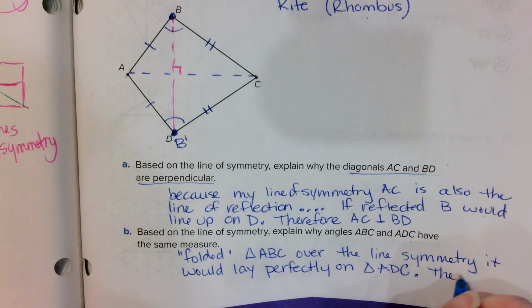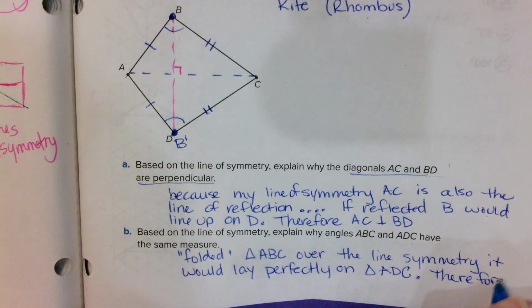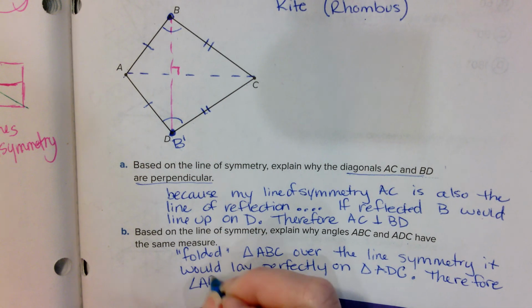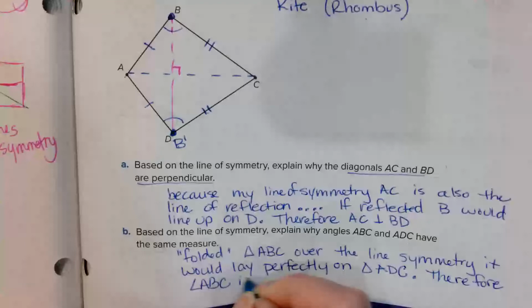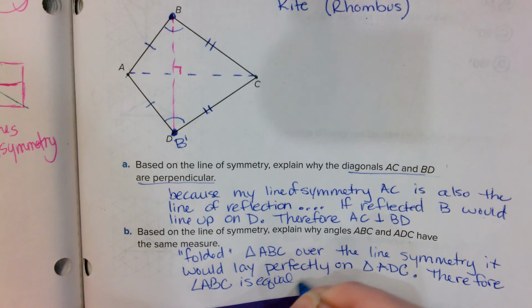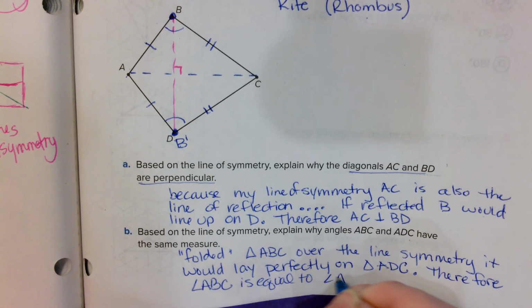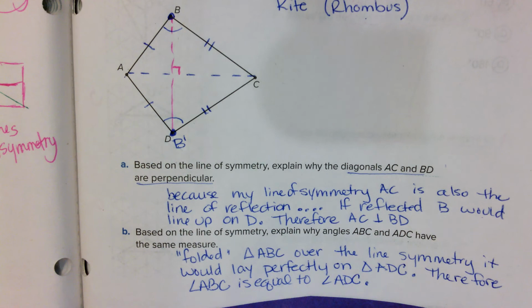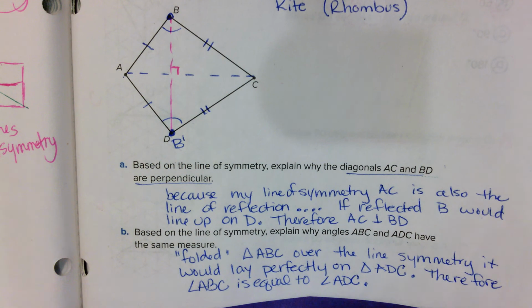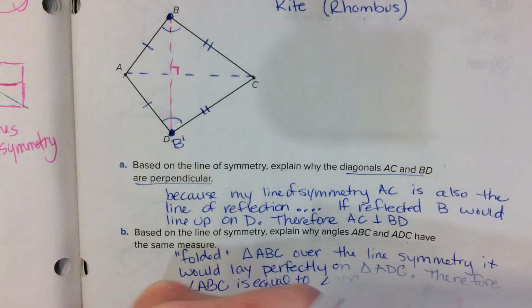So therefore, angle ABC is equal to angle ADC. So when I lay them on top of each other, if I trace this, my